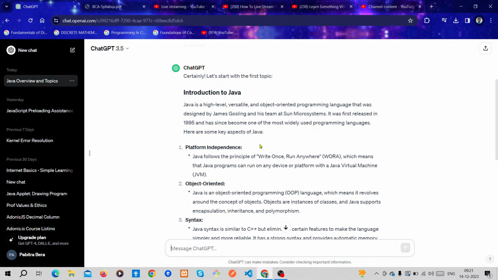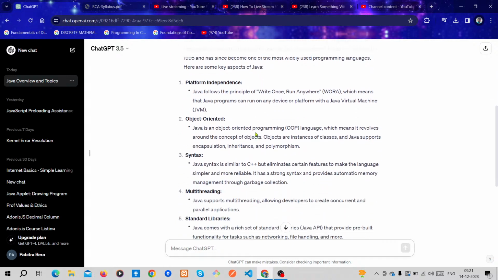First key aspect is platform independent. The most important feature in Java language is platform independence.